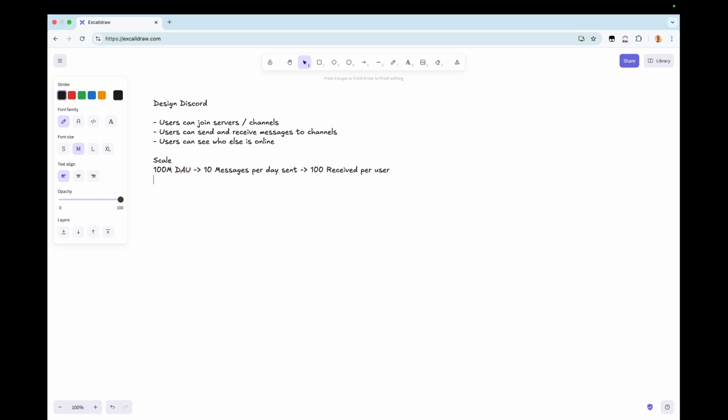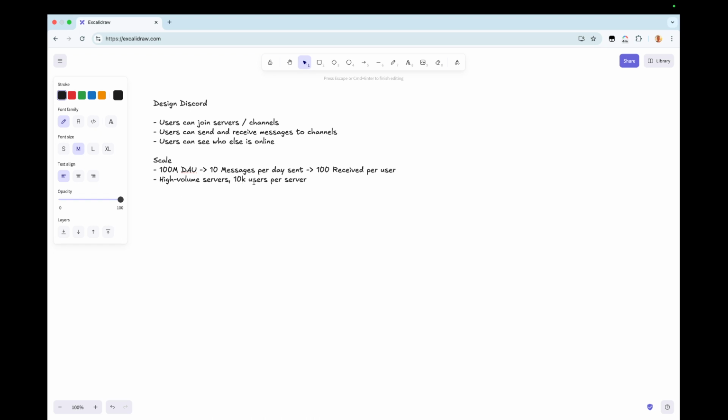And then the other key consideration for scale is that we want to support high volume channels. So this is a key thing. Sorry, high volume servers, 10K users per server.